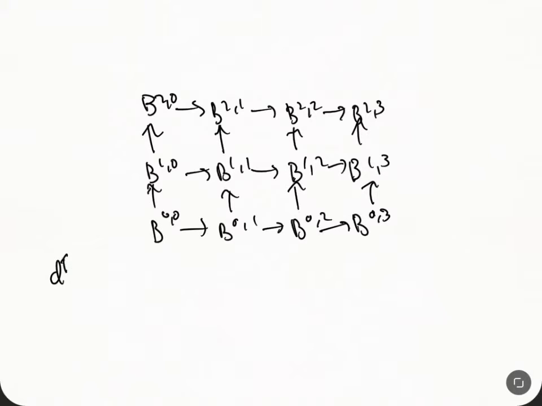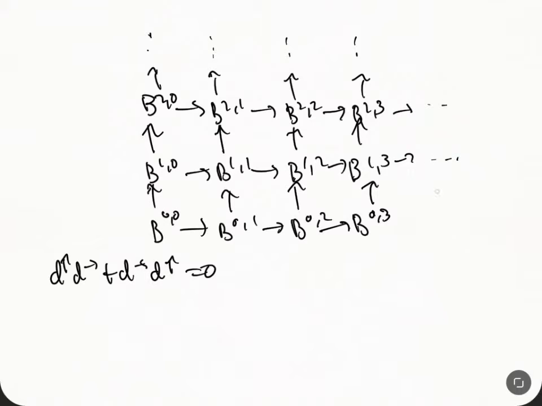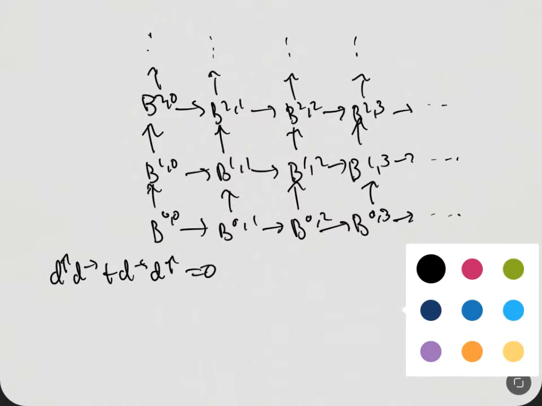We're going to ask that these things satisfy the following relation here. And then if we wanted to, we could have this thing go on here. Maybe we'll have it be truncated at the bottom for this example. So we have this complex here, and to talk about the first spectral sequence, so this is